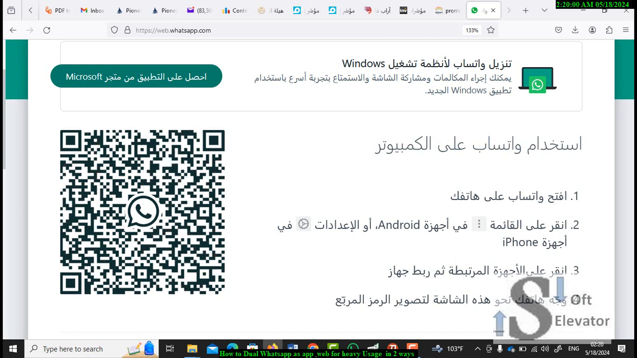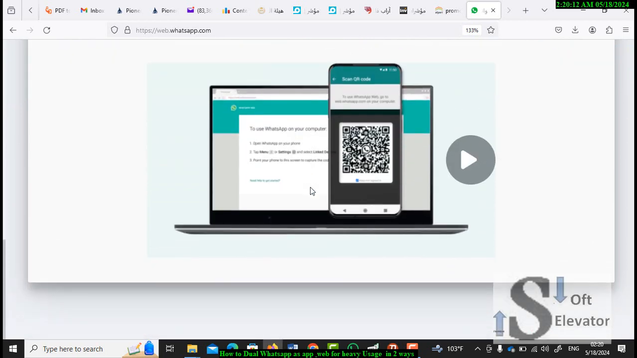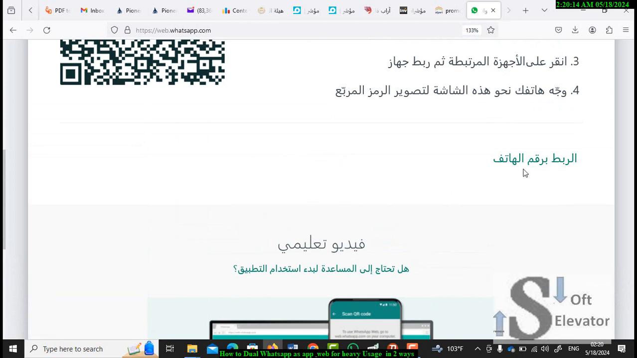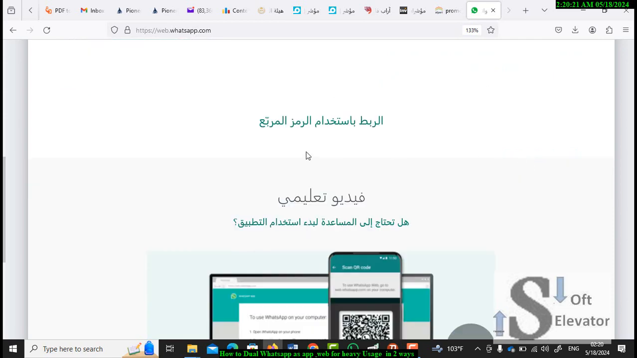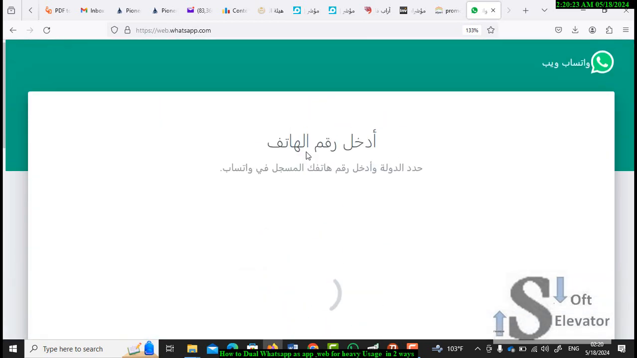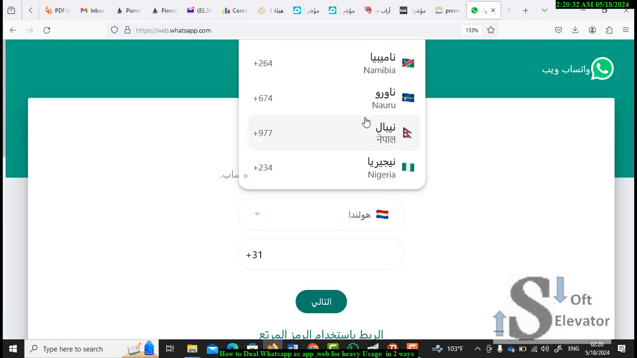The second way, if you have something wrong with your camera or any problem here, you can use another way, which is connecting through your mobile phone number. Here, if you press here, you should enter your mobile number. Here, enter the phone number. So you will select the country,